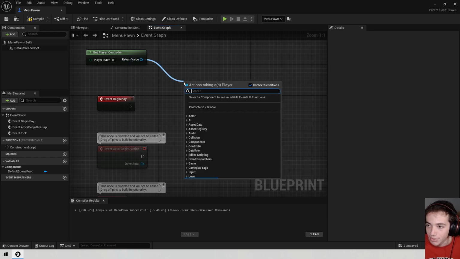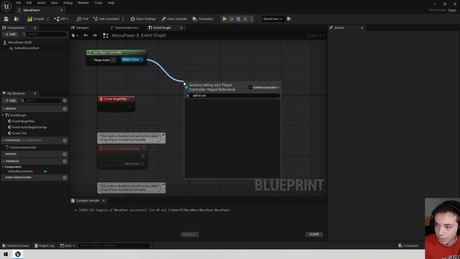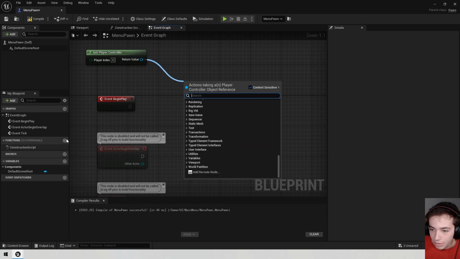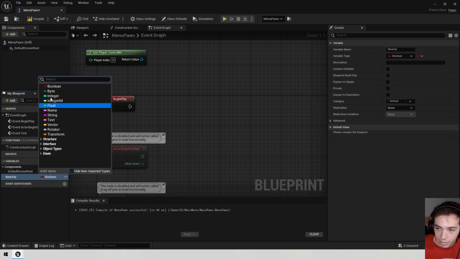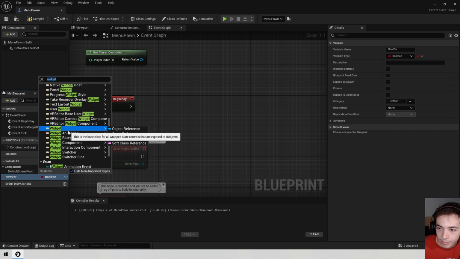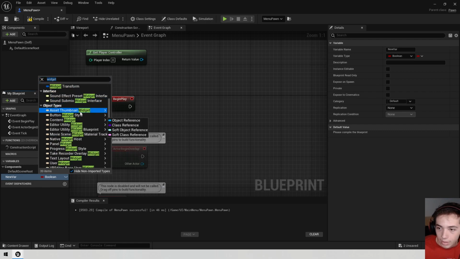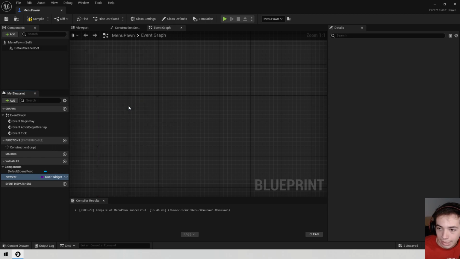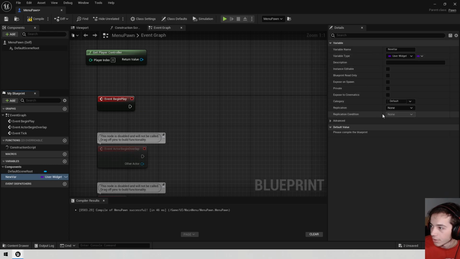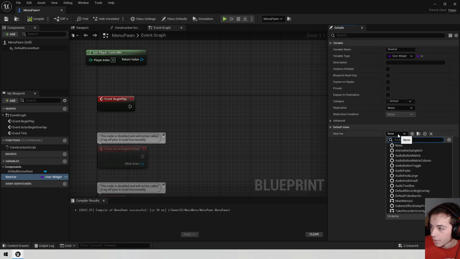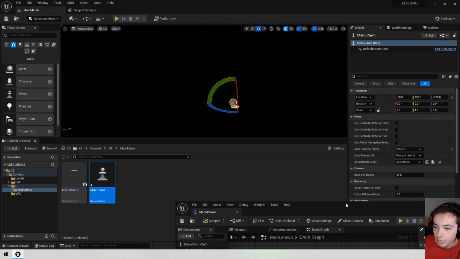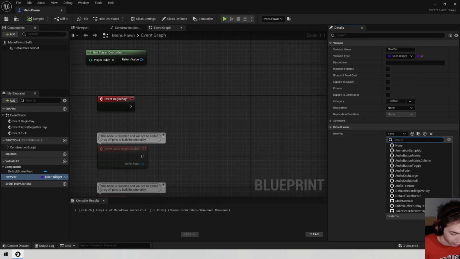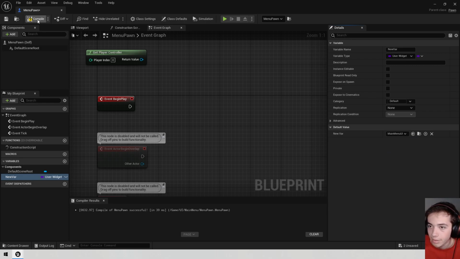We want to do add widget to screen, add to viewport. The widget, create instance of the widget, variables. I think if we go here and we do widget, user widget, class reference. And the user widget class that we want to work with is the one that I just made, which is called main menu UI. So if I go to main menu UI, like so,